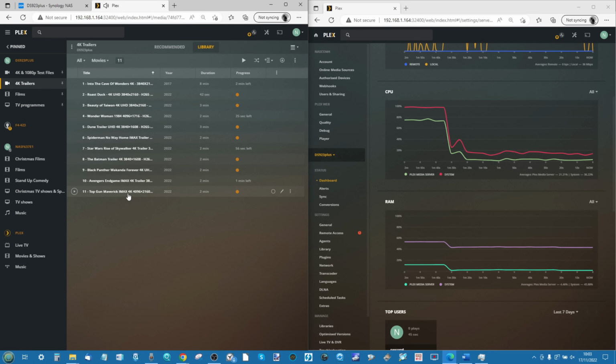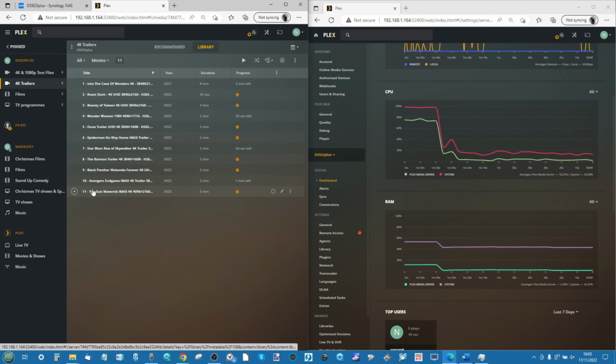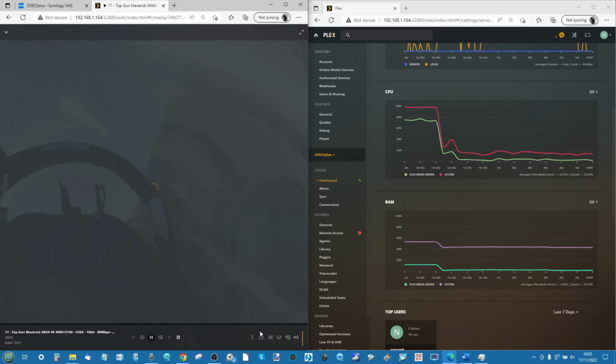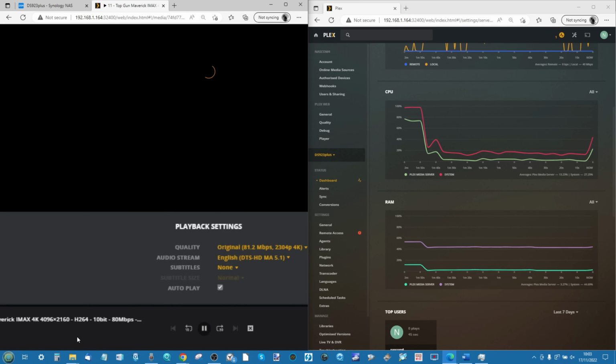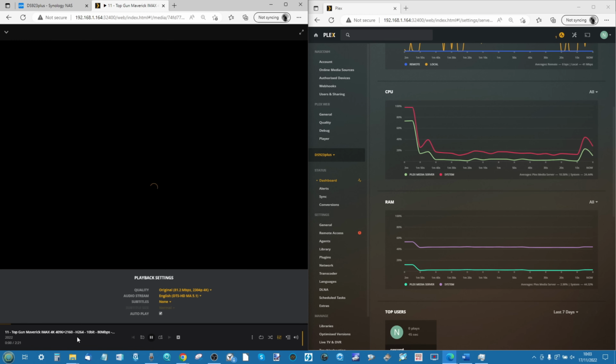Which brings us on to our last file, and this is the daddy file. I don't think this system will play this file, but this is the Top Gun Maverick trailer. This is an IMAX 4K high-end file at 80 megabits per second. It is an H.264 file, not 265, but